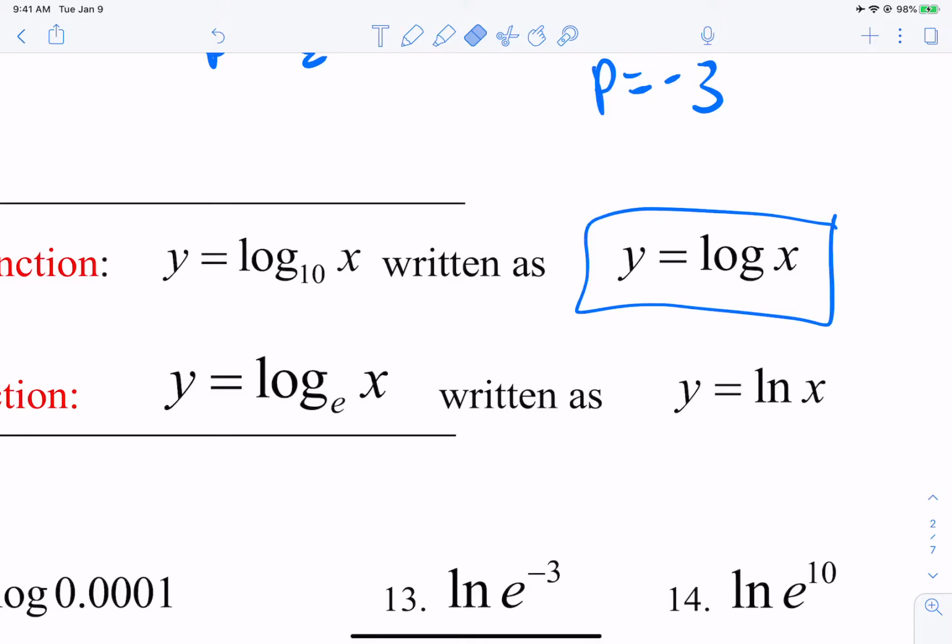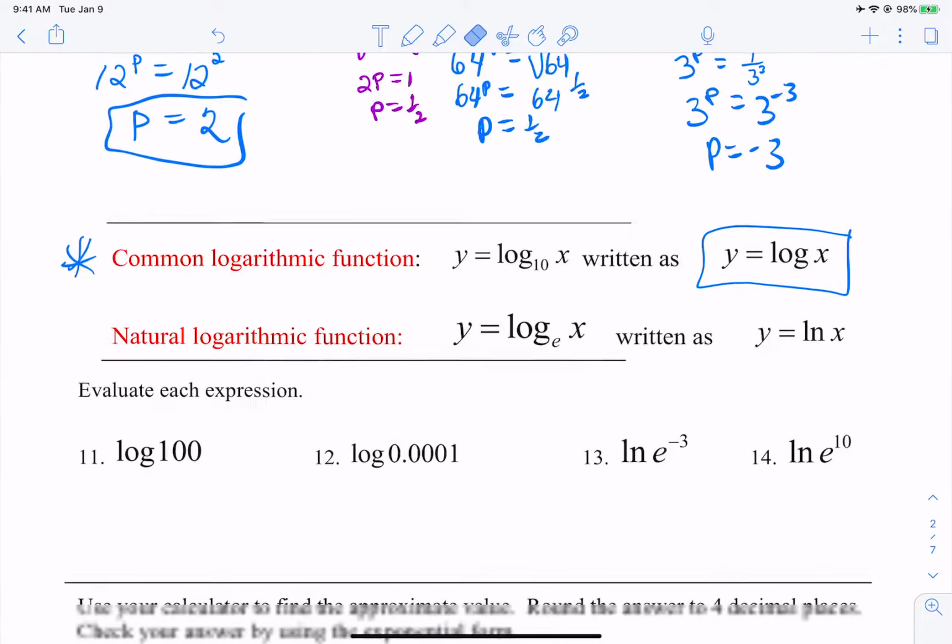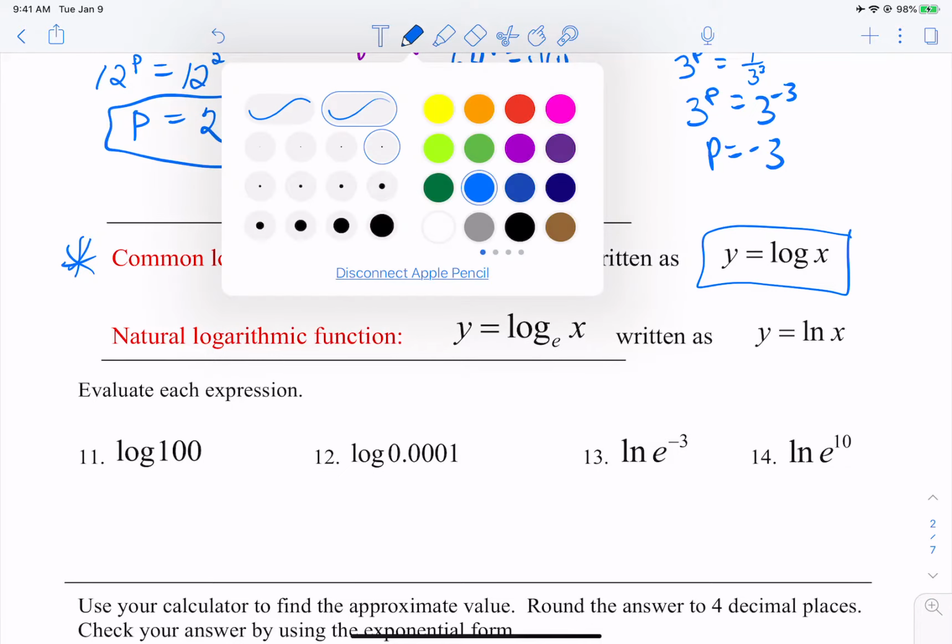On most calculators, if it just says the word log, this is the kind of logarithm they're talking about. And so this is one time, if you had like the log of 17, you could just put that into a calculator. Another type of logarithm that we're going to be using